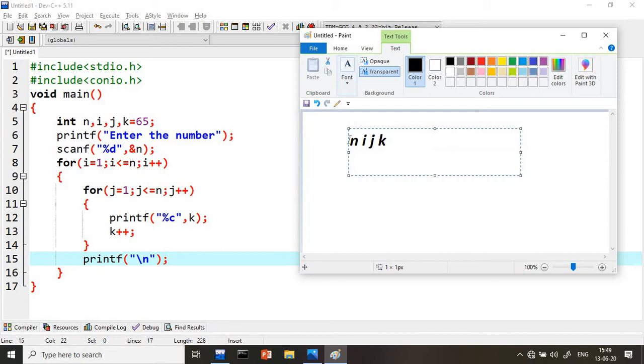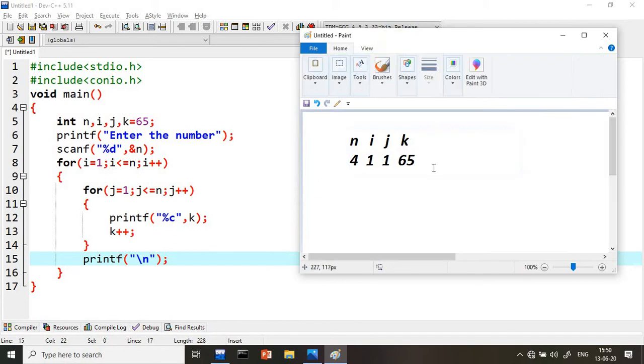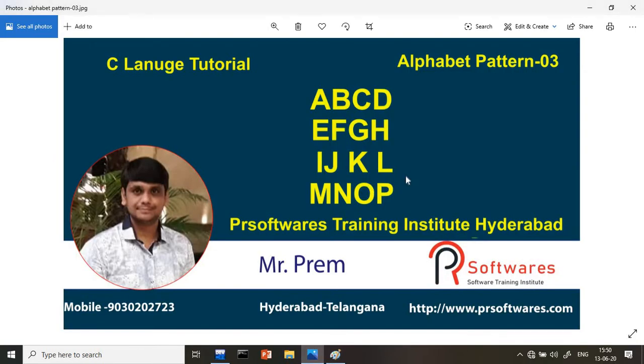We have n value 4 as per our current logic, i value is 1, j value is 1, and k value is 65. You can change the value as per your requirement, but for now I am checking n value 4 because as per my pattern here n value is 4. If you give 3, 4, 5 it will work. I will show you all the patterns.